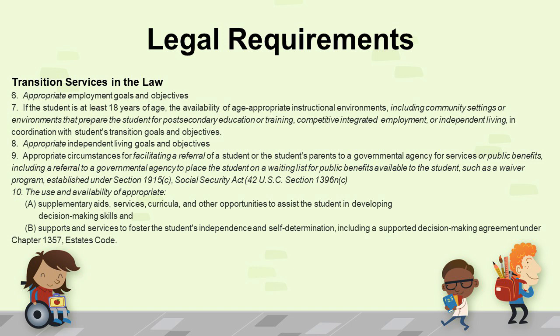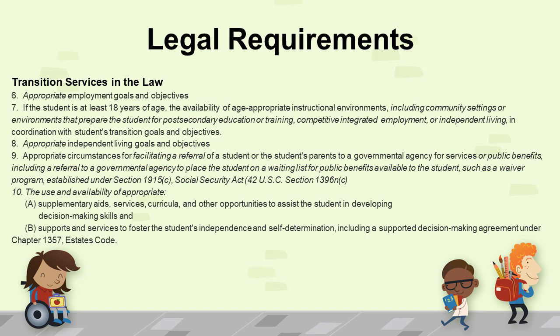Number 8, appropriate independent living goals and objectives. Number 9, appropriate circumstances for facilitating a referral of a student or the student's parents to a governmental agency for services or public benefits, including a referral to a governmental agency to place the student on a waiting list for public benefits available to the student, such as a waiver program established under Section 1915(c), Social Security Act, 42 U.S. Code, Section 1396n(c). Or number 10, the use and availability of appropriate A, supplementary aids, services, curricula, and other